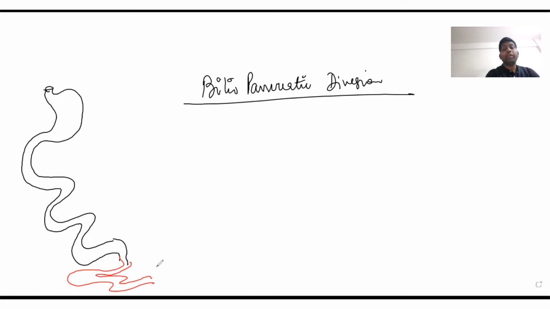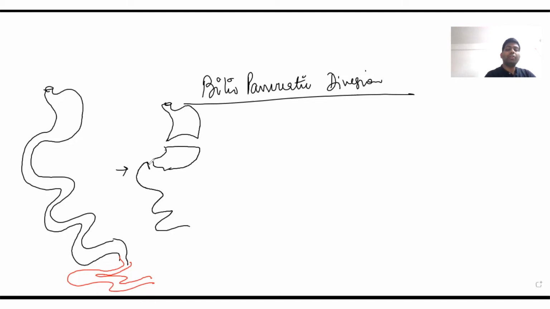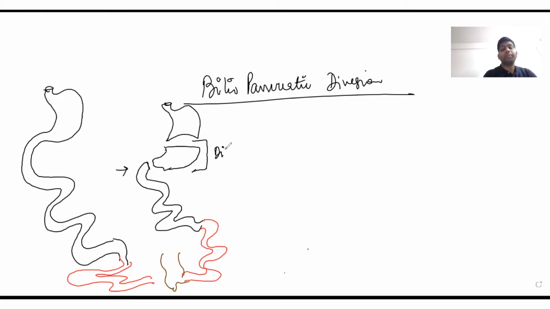Right. So the first step that we do in a biliopancreatic diversion is distal gastrectomy. So what will be left behind will be like this. The distal part of the stomach has been removed. What will be left behind is the duodenal limb along with the jejunum and the remaining part of the small intestine, that is ileum. And then this is the large gut. This is the remaining part after the first step, the first step being distal gastrectomy. So we have done the distal gastrectomy.